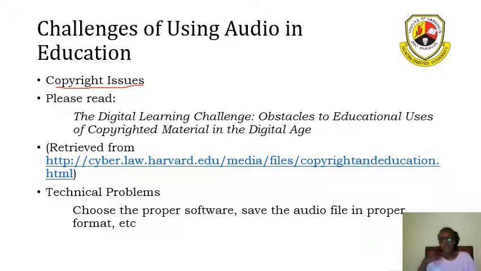Likewise, if you choose to use this technology for your professional purposes, you may have to consider those copyright issues. And this is where your school or whichever institution you're in must have a clear policy on what happens to the content that is developed.